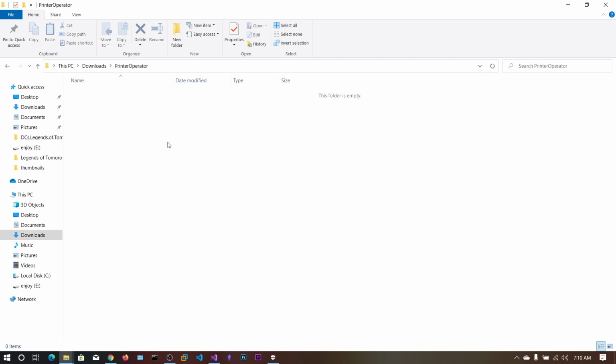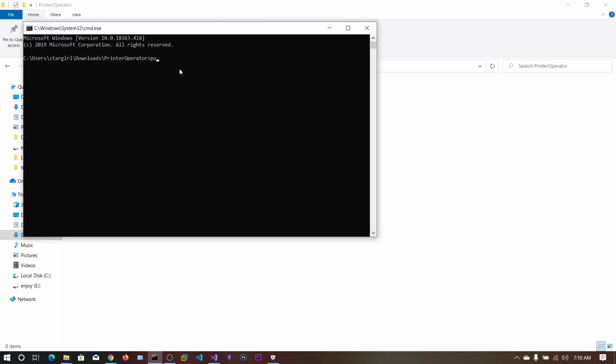So let's create our new folder. Let's say this PrinterOperator. Now we can just open the command prompt in this, and we need to download this file. Let's say PowerShell, Invoke-WebRequest, use basic parsing, and now hit enter.